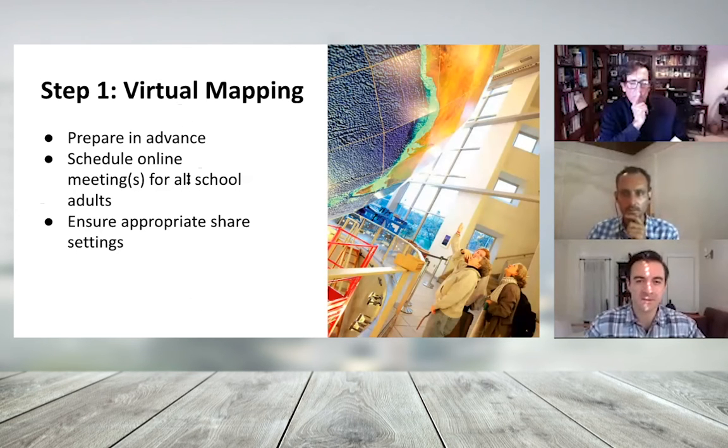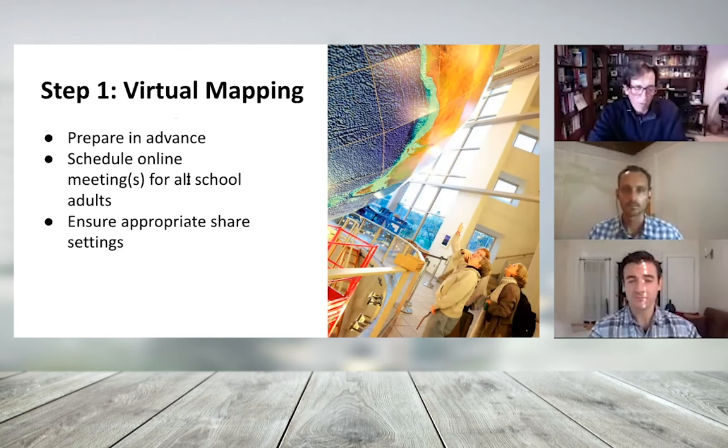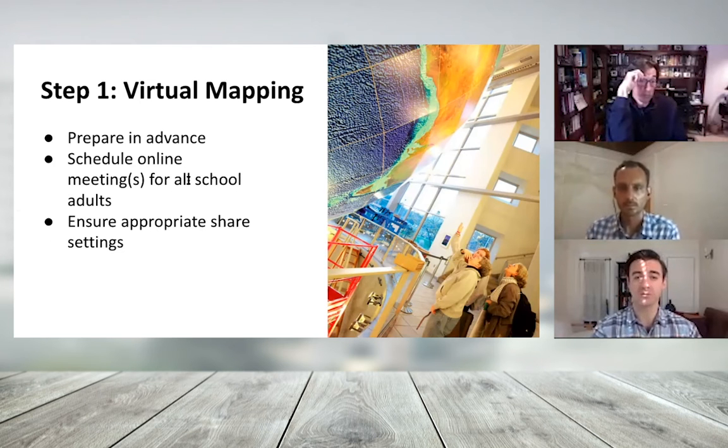In advance of your first meeting, you're going to want to email your staff and faculty a sheet with a description and purpose of the activity itself. So I'd provide instructions within that email, or maybe even on a separate attached document. You're going to want to schedule an online meeting with the entire staff. That can be done in groups. It doesn't have to be just one whole group of people. You can do this by grade levels, for example. But we want to ask that all school adults attend at least one of these meetings. That's going to include coaches, support staff.